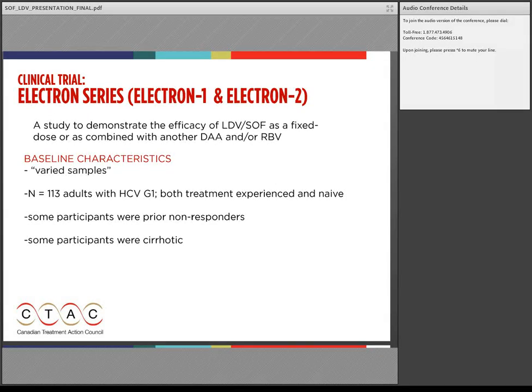Now let's look at the Electron series of studies, and this would be Electrons 1 and 2. Now that we know that Ledipasvir-Sofosbuvir is effective, safe, and ultimately better than pegylated interferon and ribavirin, the Electron series looks to see how this specific combination of DAAs will compare against other combination DAAs. In order to do this, the Electron series rightly selected a very diverse patient population for investigation. Some patients were experienced, some naive, some cirrhotic, some not. The only real common variable here is that they're all suffering